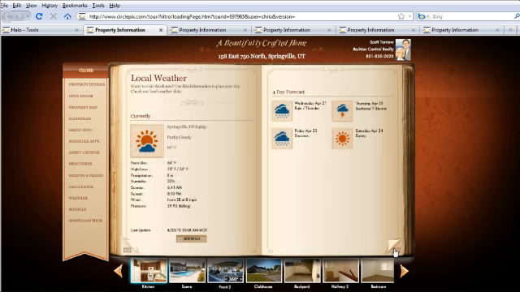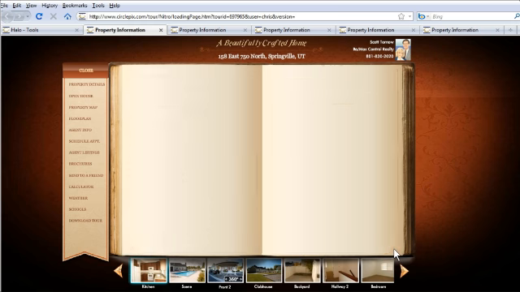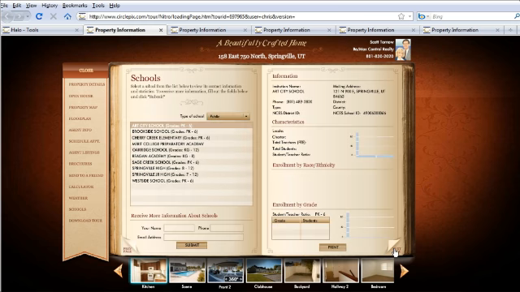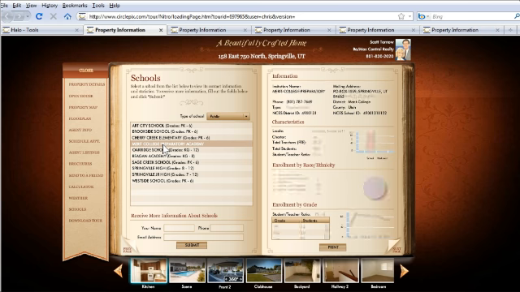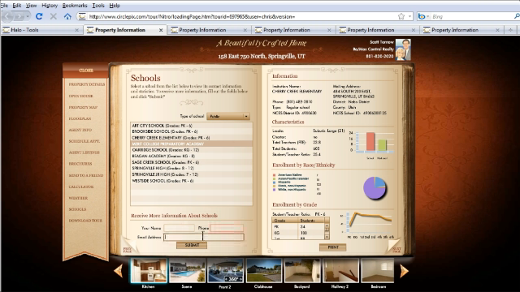Visitors across the country can find out what the weather is like at your listing on this next page. When planning for a family move, finding information about schools in the area is a must. The schools page compiles tons of information from a national database, making it easy for a buyer to find information about all the public and private schools in the area. There's also a place that can request more information about schools, which generates another lead that is emailed directly to